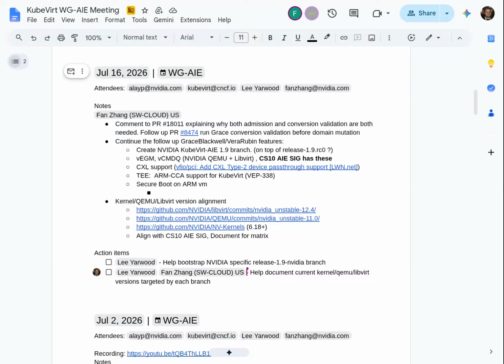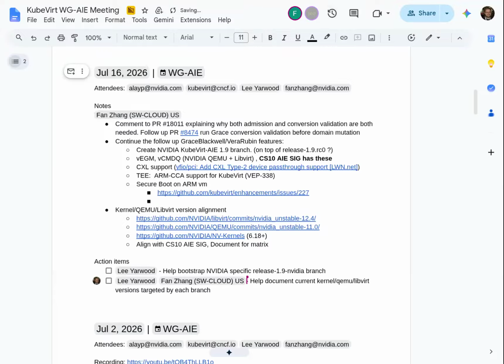So for the Vera CPU and the Rubin GPU, pass through a Rubin GPU to the CVM, KubeVirt CVM. So that's the work. I noticed that you have a draft PR for the secure boot on the ARM. So I wanted to know what's the status and the progress.